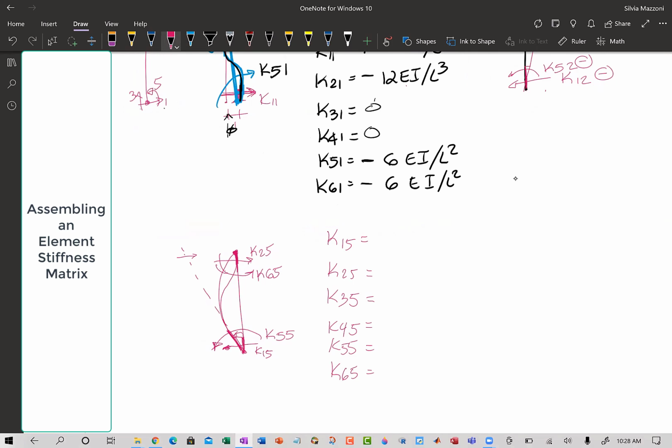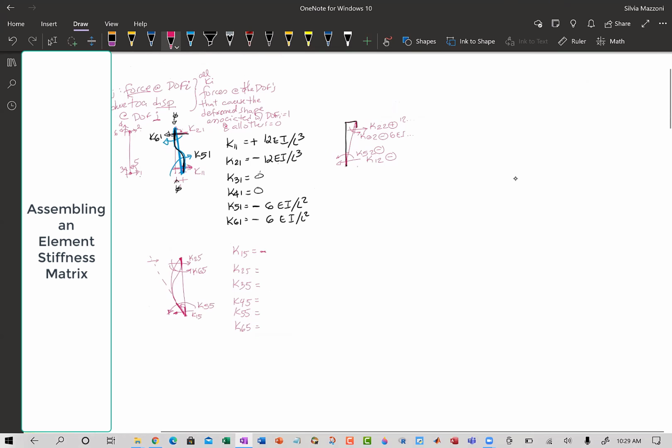Same thing as K51. So negative 60 over L squared. Yeah, but you remember, don't look it up, because that is a way of checking. Okay, if you say, oh, it's the same as that one, well, what if I got that one wrong? And so this is when you want to go to that other cheat sheet. So there are 2 basic cheat sheets that you have, and I'm pretty sure I give them to you guys. So the basic cheat sheets are, if you have a beam like this, and this is one deformed shape,